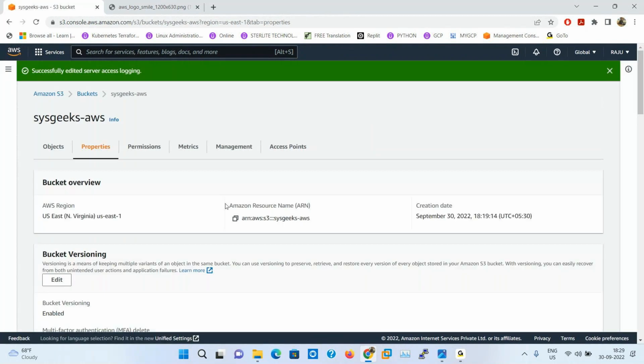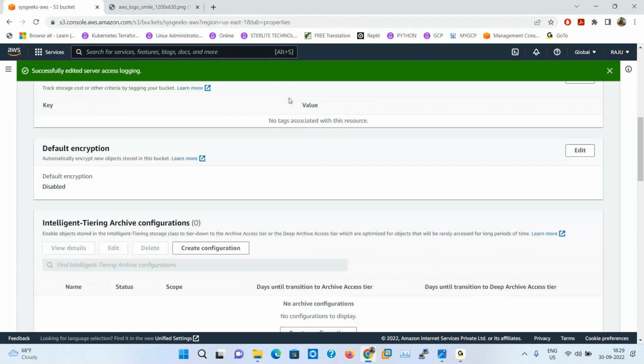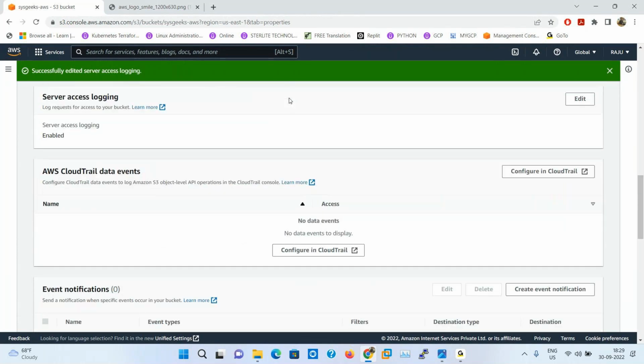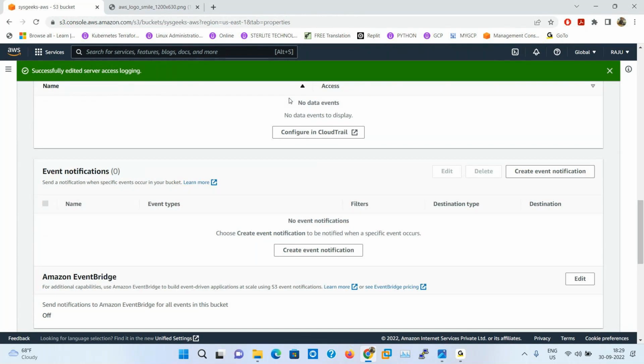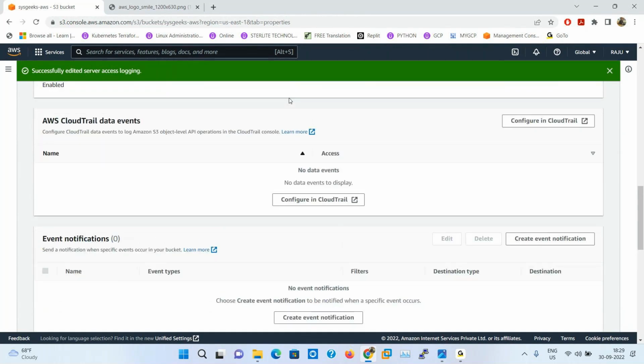Now every activity related to this bucket is saved under sysgigs. Then the next important thing, you know that already, AWS CloudTrail data events. I told you in the CloudTrail concept. When you just create a bucket, this bucket is integrated with CloudTrail. What is the use of CloudTrail?